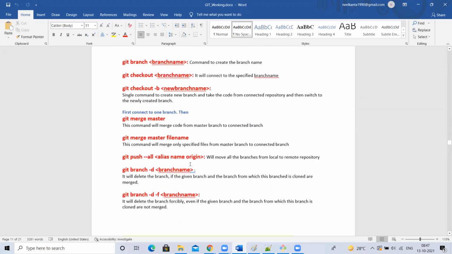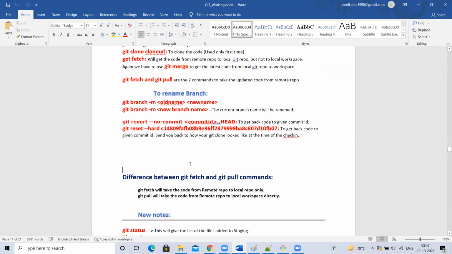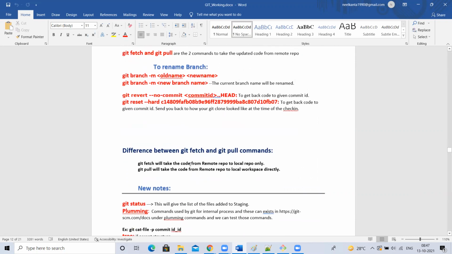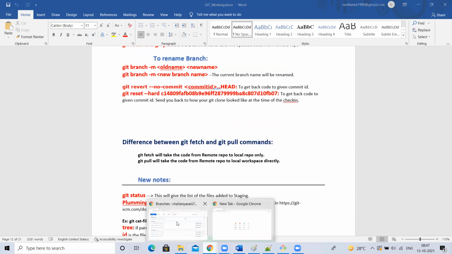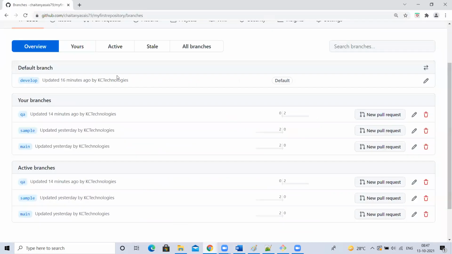Okay. Sir, when we delete a branch in the local repository, can we restore it again? No, you cannot restore. Once it is deleted, it is deleted. Okay, you can't restore it. Okay, fine. Now, since you asked about restore, I thought to explain one more concept.